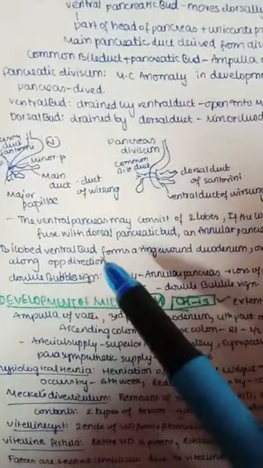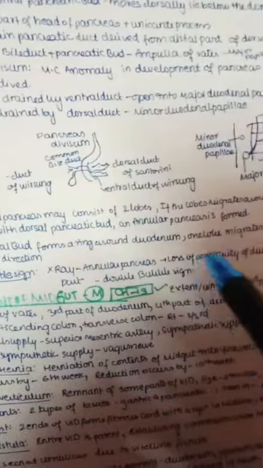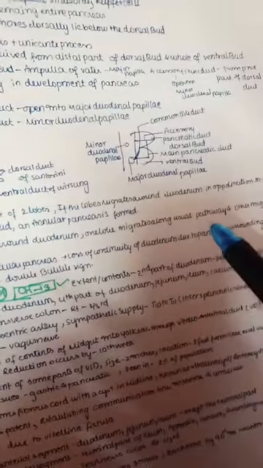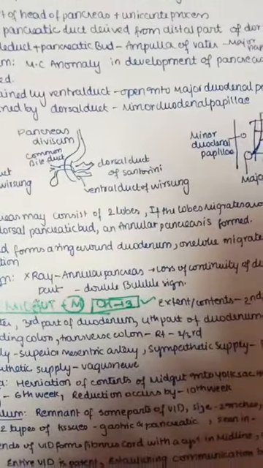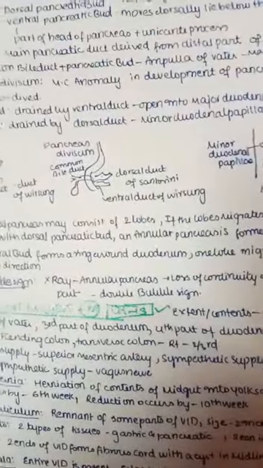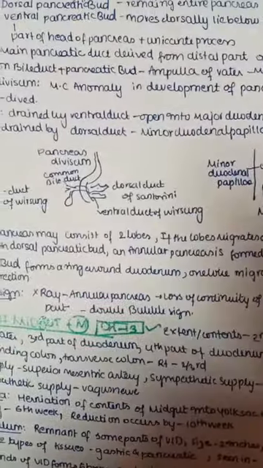The bilobed ventral bud forms a ring around the duodenum. One lobe migrates along the usual pathway and the other migrates in the opposite direction. As they move in opposite directions, it forms a ring-like structure. So it is seen as a double bubble sign on the X-ray. In annular pancreas, there is loss of continuity of the duodenum due to the pancreas surrounding it. So this shows a double bubble sign.